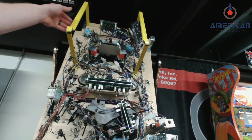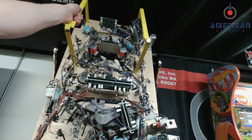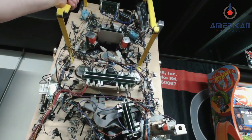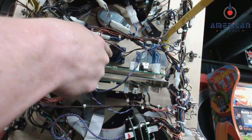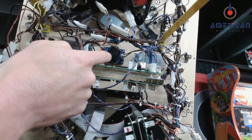So this kit is very simple. It is an inline capacitor for those brown and black 48 volt DC wires that we were just looking at on the power supply. This is a little capacitor board that screws into the playfield in between the 3 magnets,